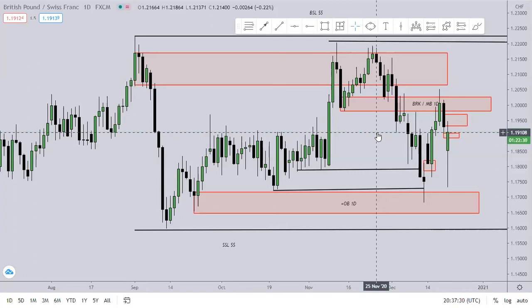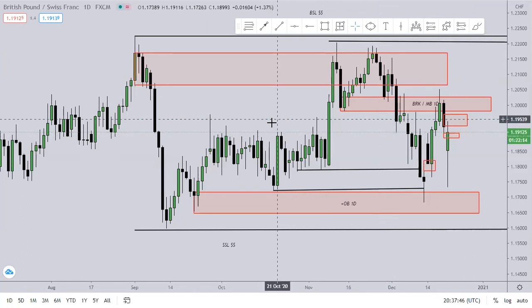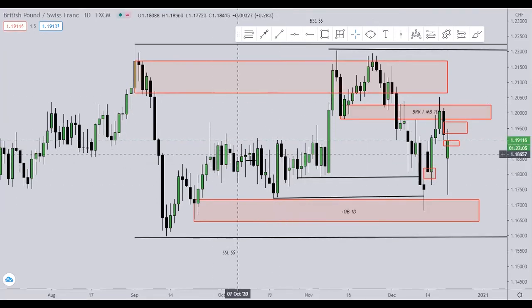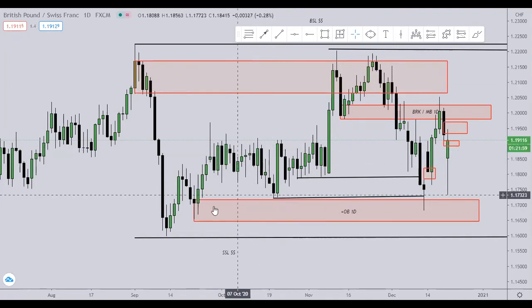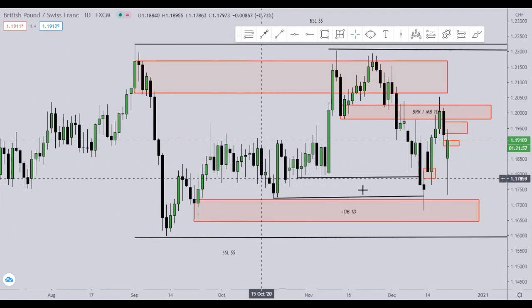Yes, there's a gap. When will the gap get filled? We don't know. But when the gap gets filled, is there a high tendency that the market will move in the opposite direction? Yes, there is. So to be safe, why don't you wait for them to first fill the gap before you make a decision? We have to be smart. I think it's smart to wait for the gap to be filled before we make our trading decision. Instead of saying we are going to fill the gap, you can't fill the gap. Wait for the market to do what it likes. Then you also participate. Or in the process of filling the gap, if the market gives you a nice setup,